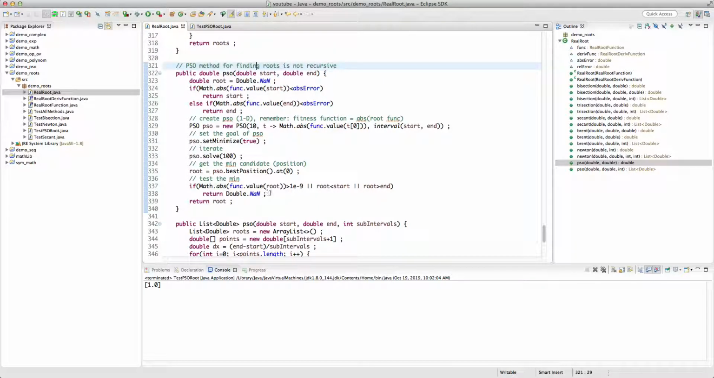All right, but you have to make sure that you do this final test. So you run the optimization, PSO returns some number, and then you test whether that number is in fact the root or not. All right,